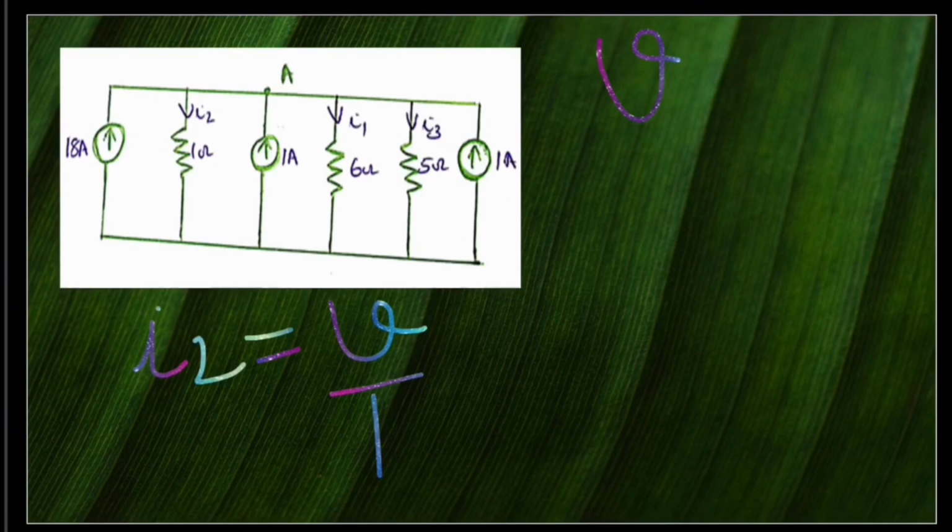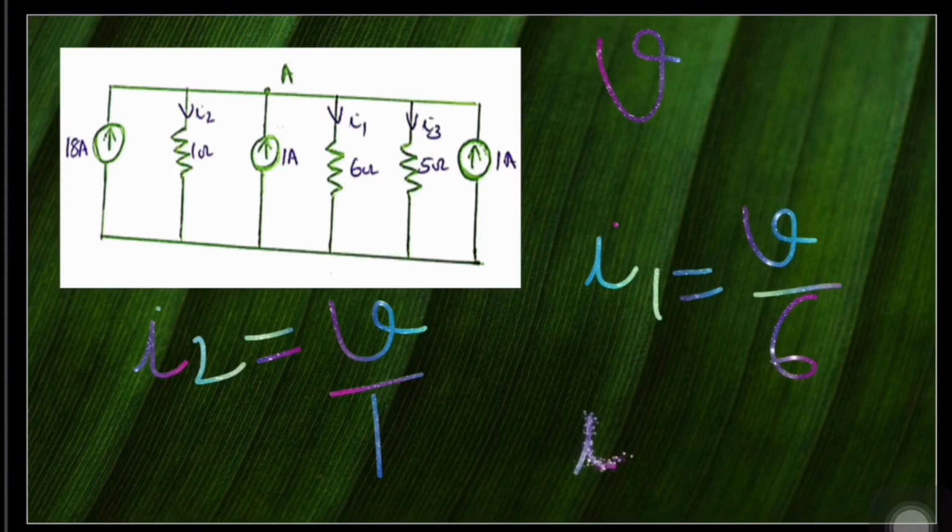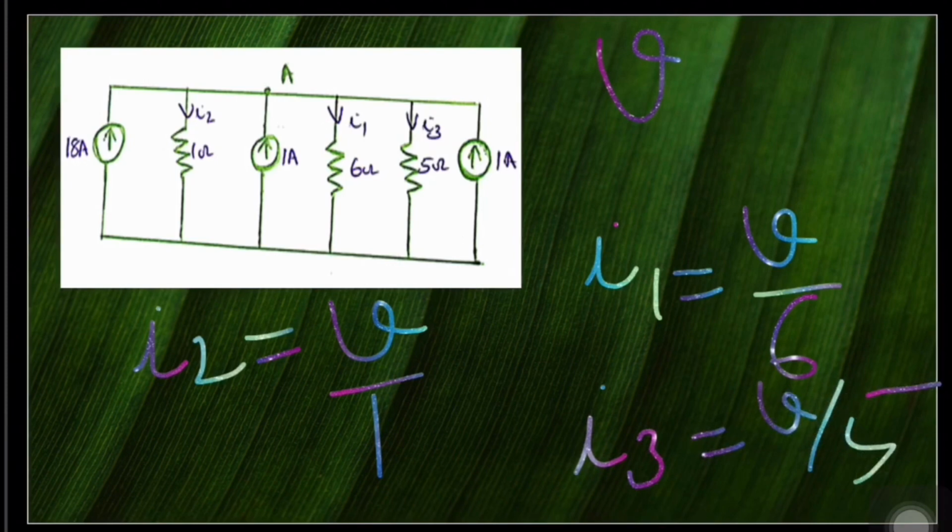In fact, there is an interesting fact about these three resistors. One end of all of these three resistors are connected to node A at V potential, and other end is connected to reference node at 0 potential. Correspondingly, the potential difference across each of these resistors is V minus 0, that is V, and the current through this 6 ohm I1 in downward direction can be expressed as V by 6, and that through 5 ohm I3 can be expressed as V by 5. Thus, we obtain the expressions of these three currents I1, I2 and I3.